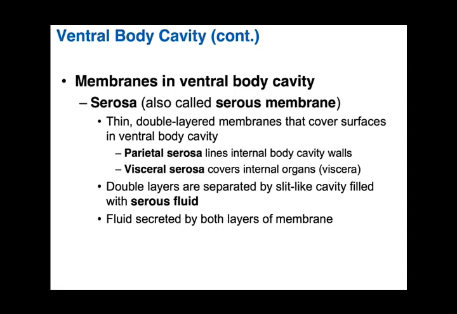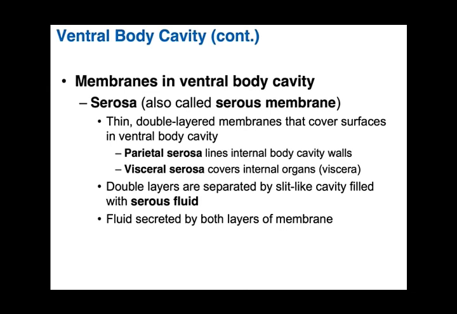and the visceral serosa, which covers the internal organs. So you can see that the serous membrane is divided into the parietal and visceral serosa. The parietal serosa is the layer that protects the whole body from the external environment, separating the body wall from the internal organs. And then the visceral serosa is there, which is covering the internal